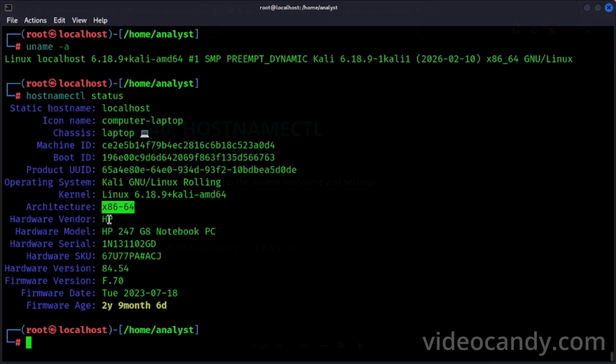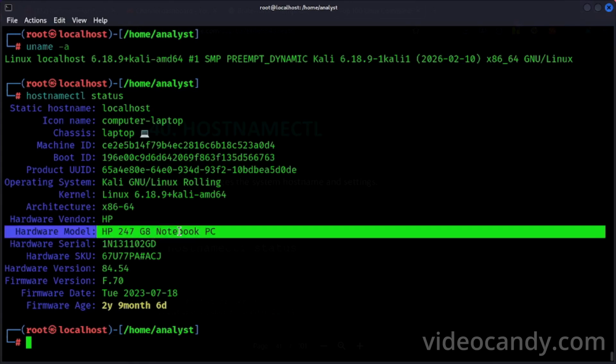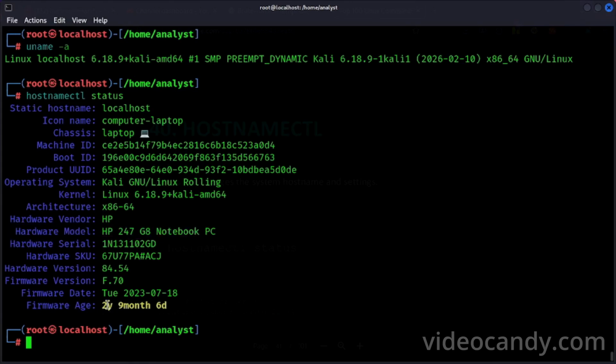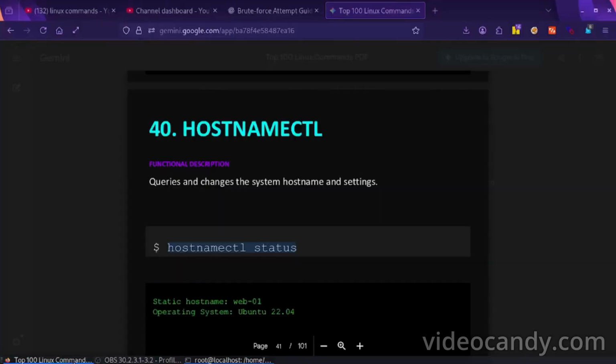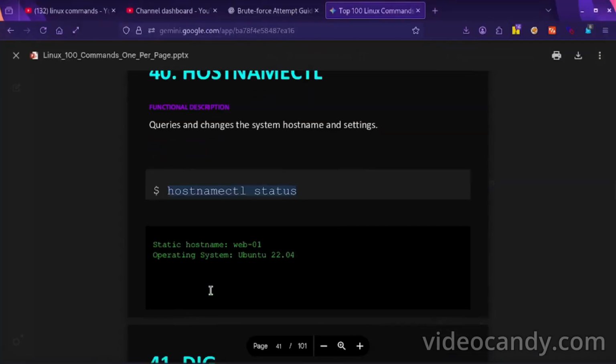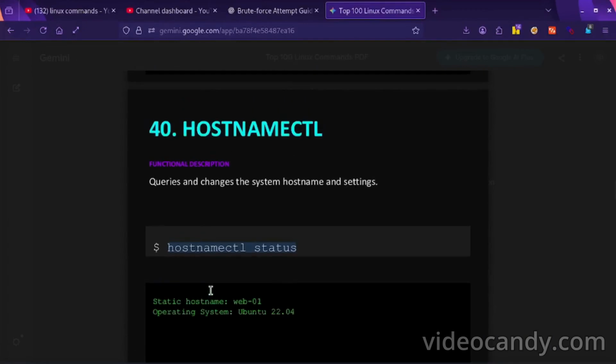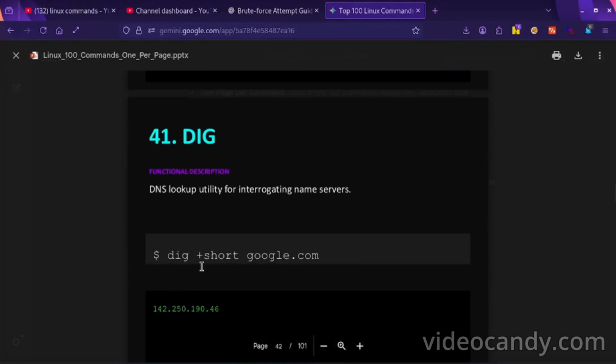Architecture is this. Vendor HP, hardware model 247 G notebook PC, and firmware age 2 years 9 months 6 days. You can see all information about your laptop with this command.